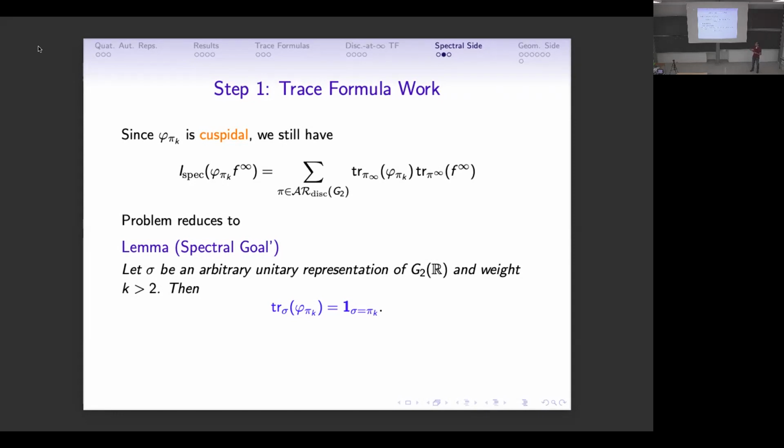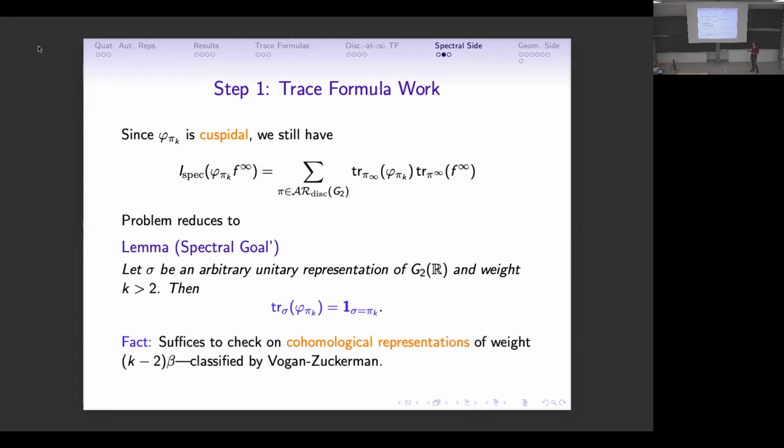Okay, so that was the trace formula work. And now all we have to do is some work with the real representation theory and figure out how to get traces against unitary representations from the traces against standard modules. So one fact that I'm just going to say here is that it suffices to check this on cohomological representations